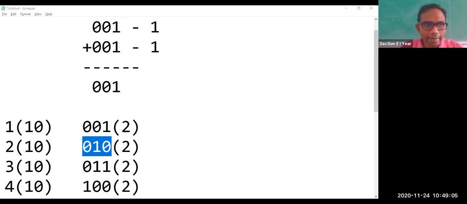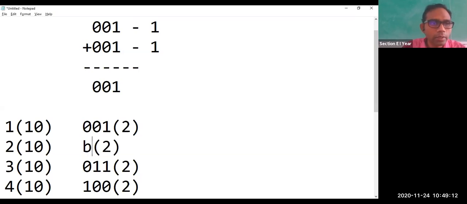Just concentrate. We are adding these two numbers, 1 and 1. These two are decimal numbers, and this part is the binary part of that particular number. Now you are adding 1 and 1. We said in the previous part that 1 plus 1 gives you 0 1, that is 1 0. So the first digit will be a 0, then you will get 1. So 1 0 is the result of 1 plus 1.